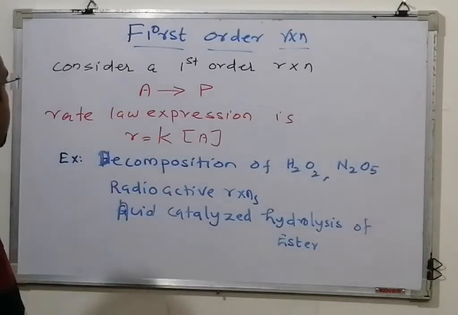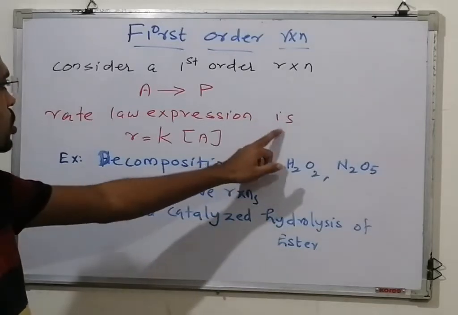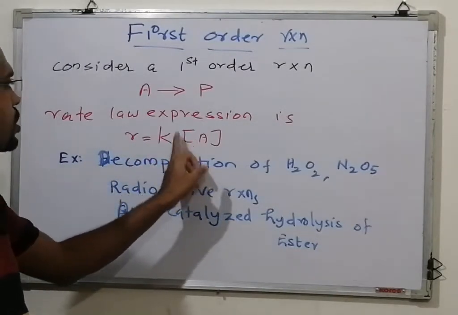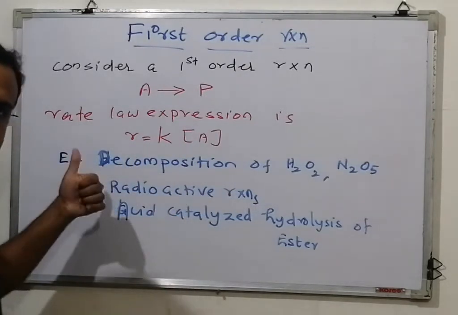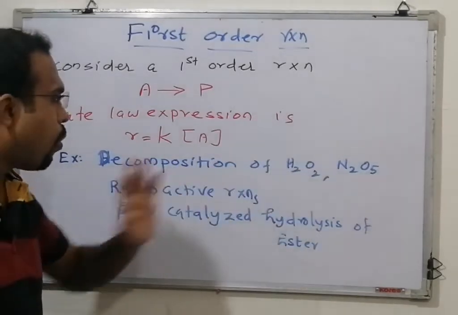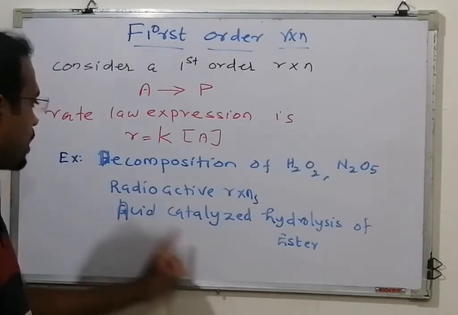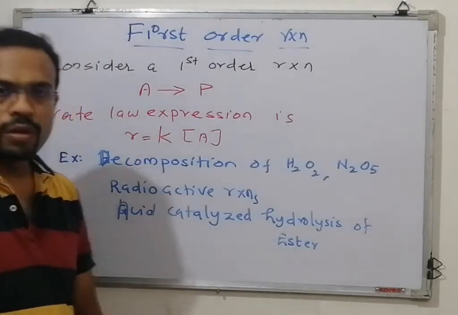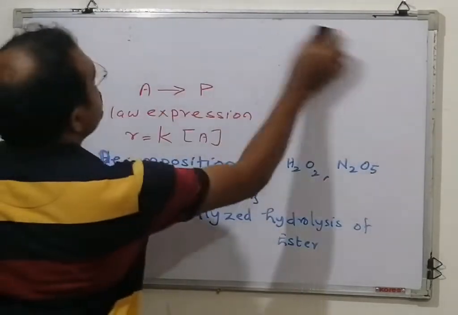Now consider a first order reaction, A gives P. The rate law expression of the first order is R is equal to K into concentration of A. K is the rate constant. General examples: decomposition of H2O2, N2O5, etc., radioactive reactions, acid catalyzed hydrolysis of ester. Okay, now we will go to